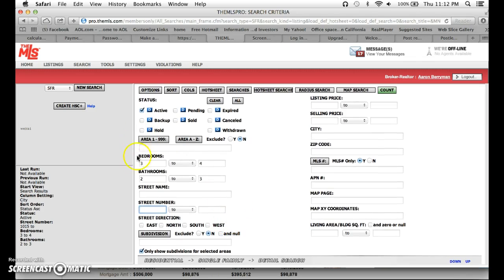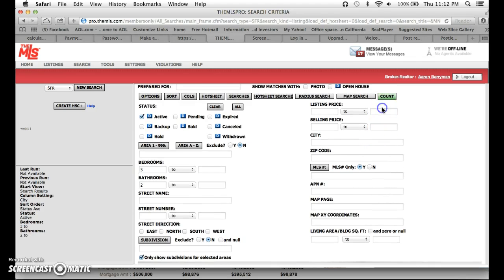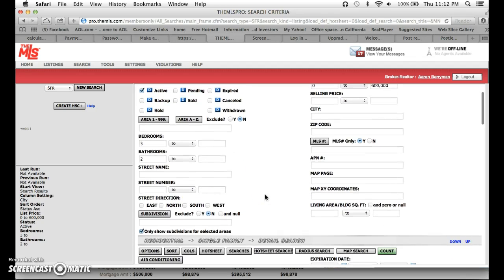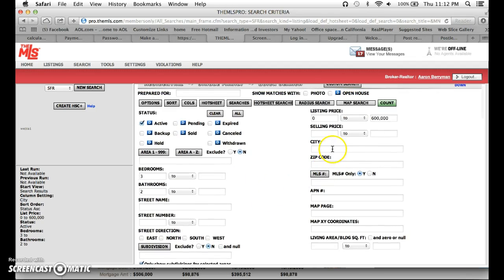So for example, if we wanted 3 bedroom, 2 baths, and we wanted anything above that, we'd erase this 4 bedroom, we'd erase the 3 bedroom, and let's say we wanted it to go up to a sales price of $600,000. So we would just input 600,000. Now let's say we were looking in an area or a city like Los Angeles. Well, we'd come to the city, which is a huge city, right? Come to the city, Los Angeles,